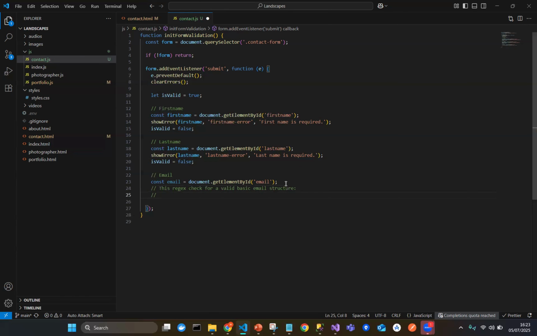So I'm going to write out the regular expression, but I want to explain what everything means in the comments first. So this symbol now basically means start of the string. So whatever email the person is passing in, that's the start of that. Then this symbol,